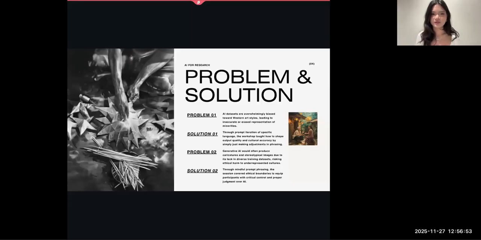And then for the second problem that this workshop aimed to address, generative AI often turns or caricatures stereotypical images from its spotty training data sets, which risks real ethical harm to underrepresented cultures. So by covering mindful phrasing and ethical boundaries, like focusing on expressive hands over just faces for more dynamic movement in the AI generated image that you want to create,